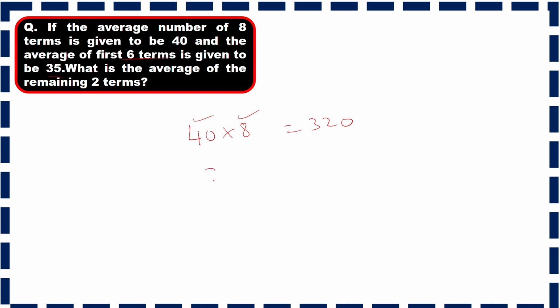Average into total number of terms, which is 6. So 35 into 6 is 210. Now the sum of remaining terms. What is the sum of remaining terms? How can we know that? If we subtract these two, 320 and 210, it will be 110. So this is the sum of the remaining terms, and we can calculate now the average. The average of the 2 terms will be 110, and as the terms are 2, 110 by 2, which is